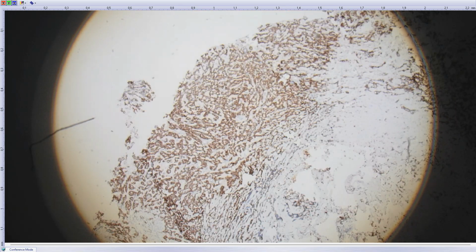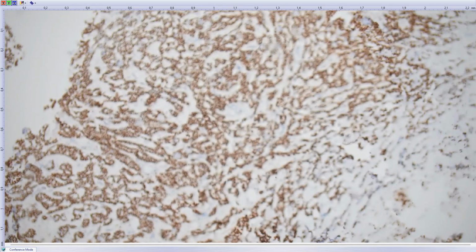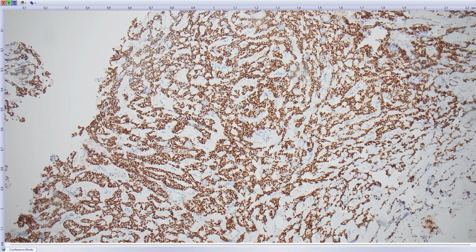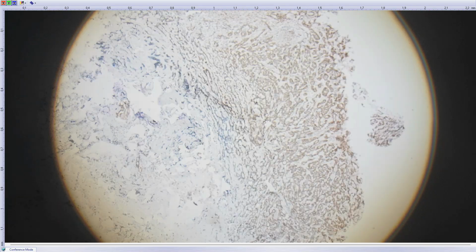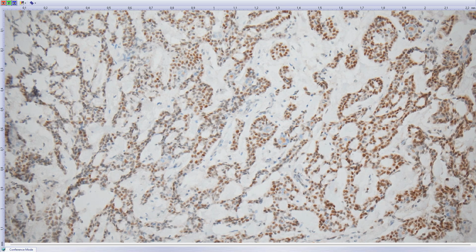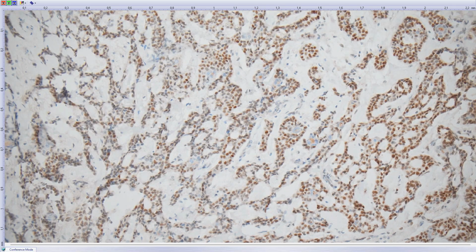So this is P63 in the outer layer of cells, and the tumor shows also some CK7 positivity, and I've performed MYB staining, and although it's quite sensitive, it's not entirely specific, so we always, or let's say not always, but especially